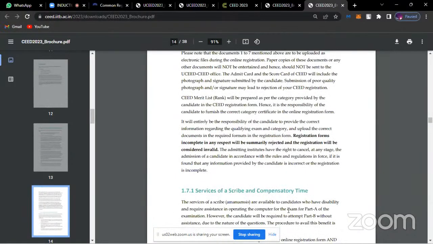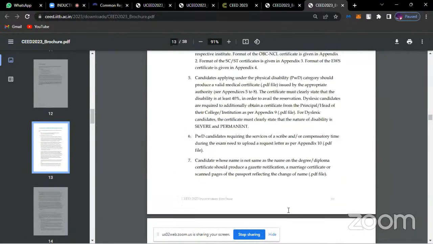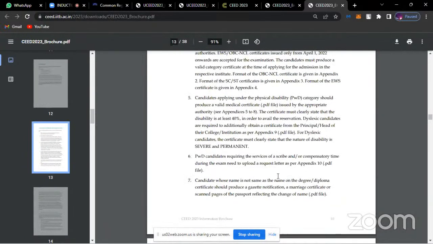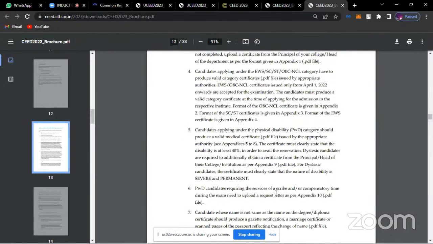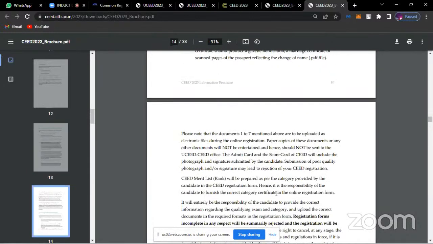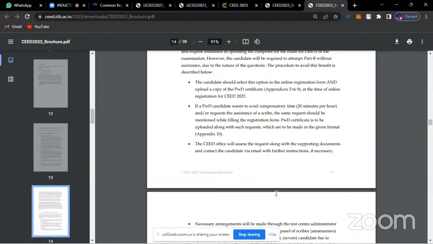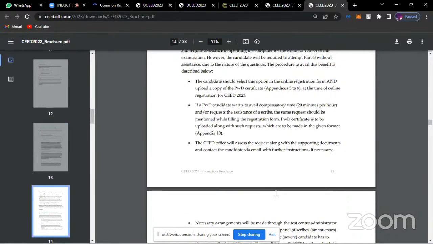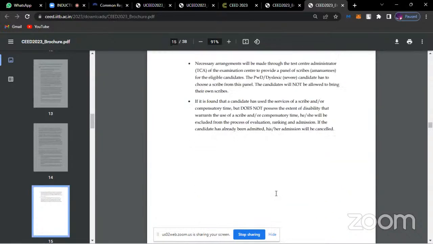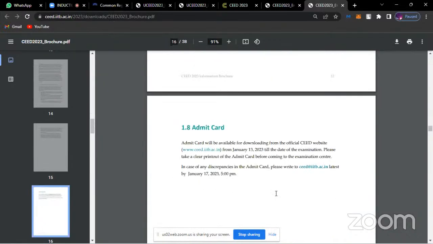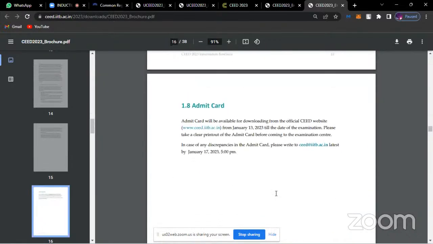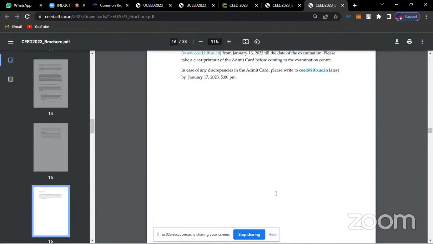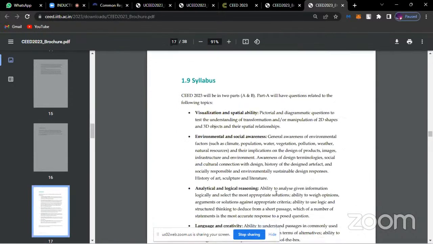And then the only thing that is extra over here is that you just have to write down how much time you are covering your bachelor's degree in. So for that also, all the information is already given in here. We'll just go forward with this. Again, the admit card will be released on the same dates and times.